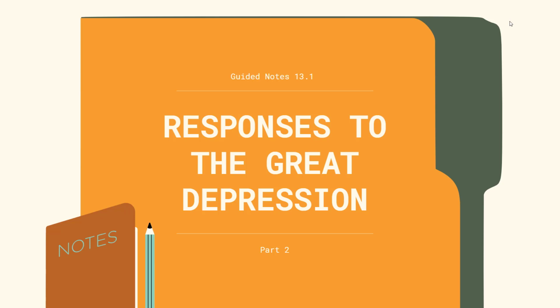Remember, we're talking about instability after World War One. This is the interwar period. We're talking about what was happening in between World War One and World War Two. What was the feeling like? What were the events that occurred? What was the tension that was happening? And even the things that led to World War Two, right?